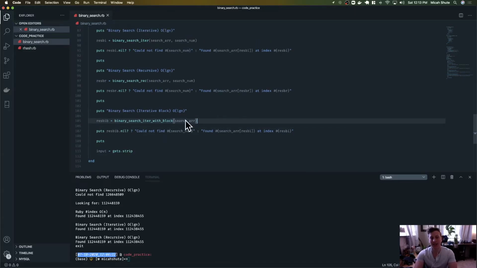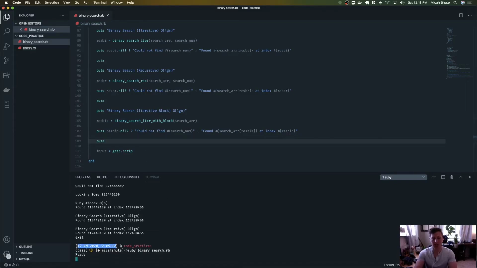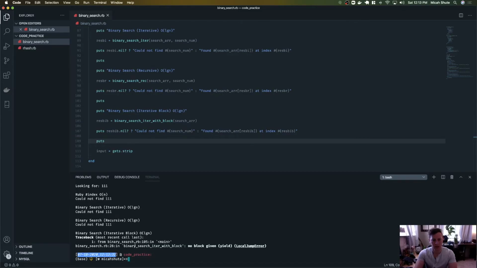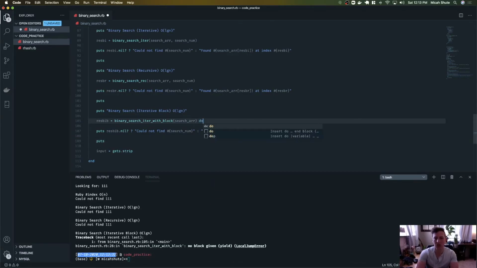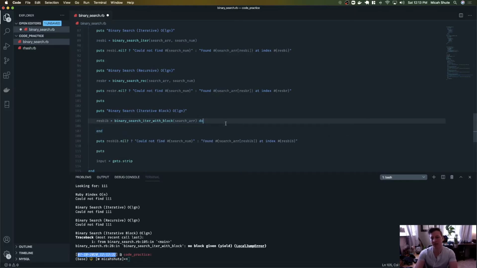So if I don't pass in a callback, I should get an error. So let's test that out, make sure we do get that error. But let's also change all these things to resbibs. Perfect. Resbib, search array, resbib, calling the correct function, calling it the correct variable name in here. All right, that should be good. So what I'm hoping for right now is an error saying you need a block. Awesome. So no block given. Perfect. So the way that I put the argument list, it does require this callback function or this block, if you're doing it in Ruby, which we are. And I get back my mid